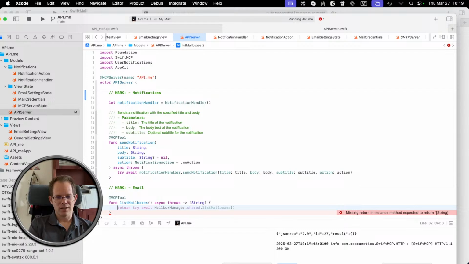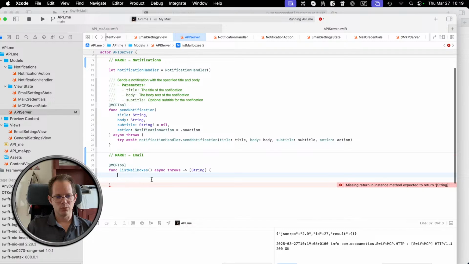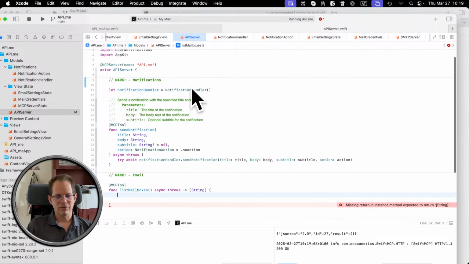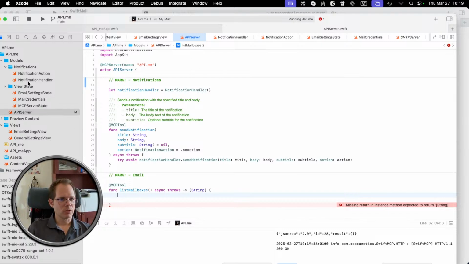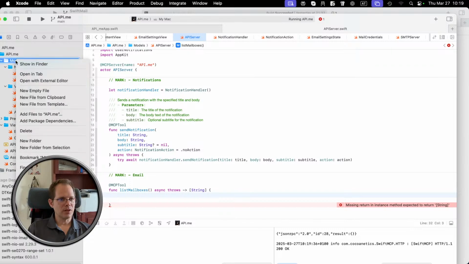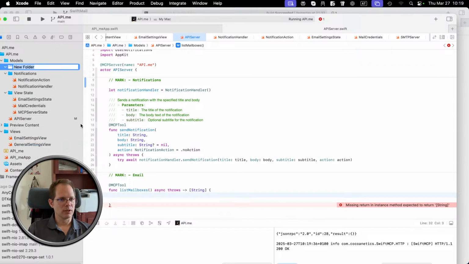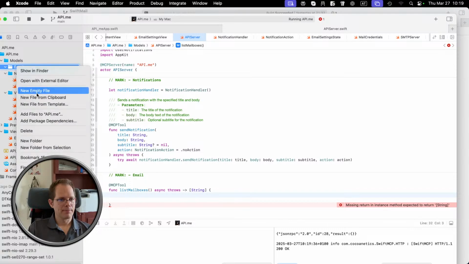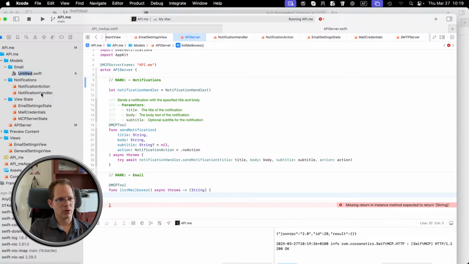And so a mailbox manager, so that we have somebody to talk with, like we have this notification handler here, and I don't want all the code for the email handling to be messing up this API server. So what I'll do is here in models, new folder, email, and let's have a new empty file. Call it email handler,